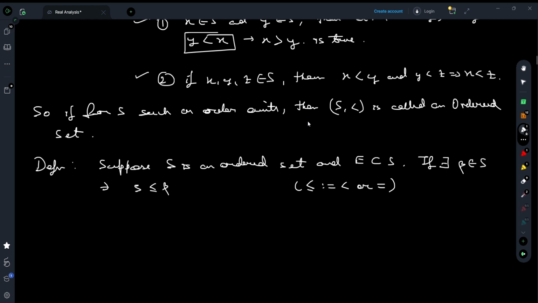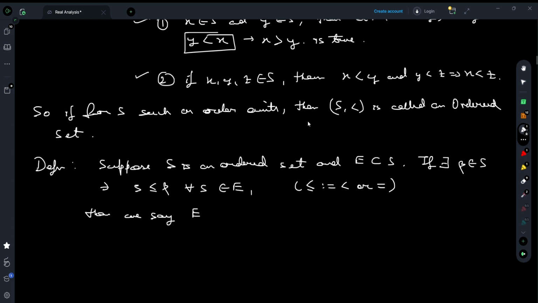Equal to in a very practical sense means that both the numbers are identical in the set, nothing else. So such that s is less than or equal to beta for all s in E,